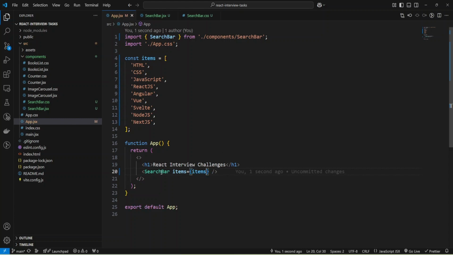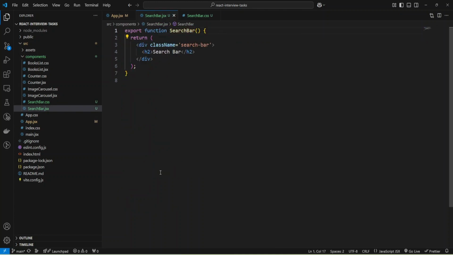Okay, and inside the component I can retrieve my items, and I'll use object destructuring, and will retrieve my items here. And let's create a list of items. I'll use an unordered list, and let's add code.